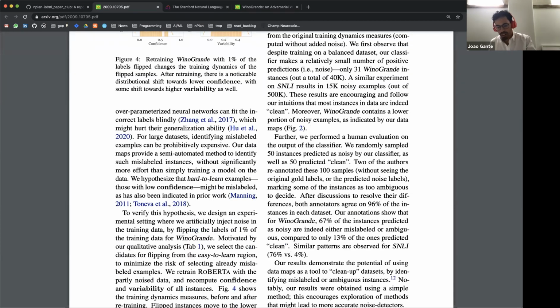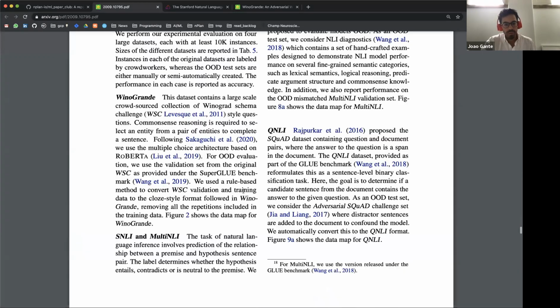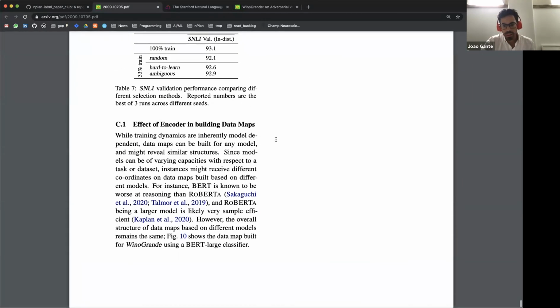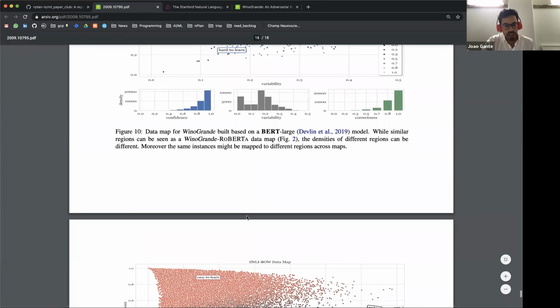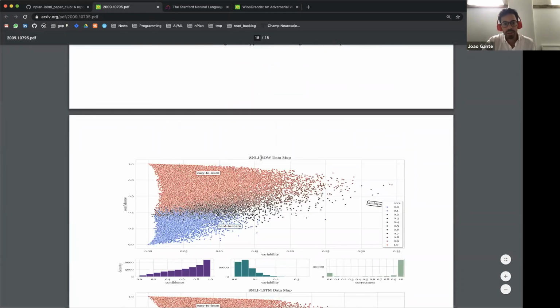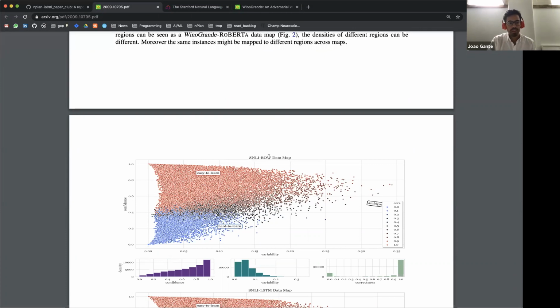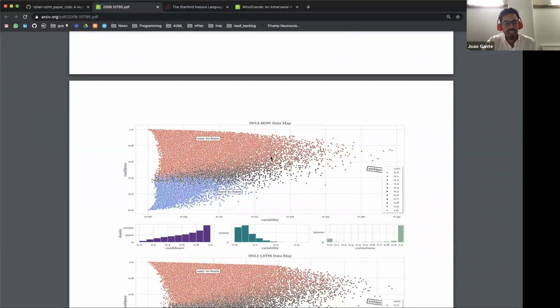So yes, I think I've talked about the most important bits. They have also an appendix section with a few more results. Perhaps an interesting thing to see is the last page. Okay, sorry, my laptop is a bit slow right now. So they build the map for the SNLI dataset, but using different learners. So figure 1 was with Roberta, which is a very large model, and figure 2, the last figure, is with